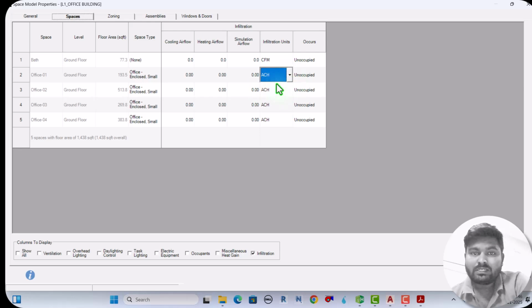And occurs: how often it occurs. Like when we created the schedule in the previous version, it showed all hours or often, like this. So this is the same thing, when should it occur. So infiltration, what is infiltration? The infiltration is like an uncontrolled air leakage,